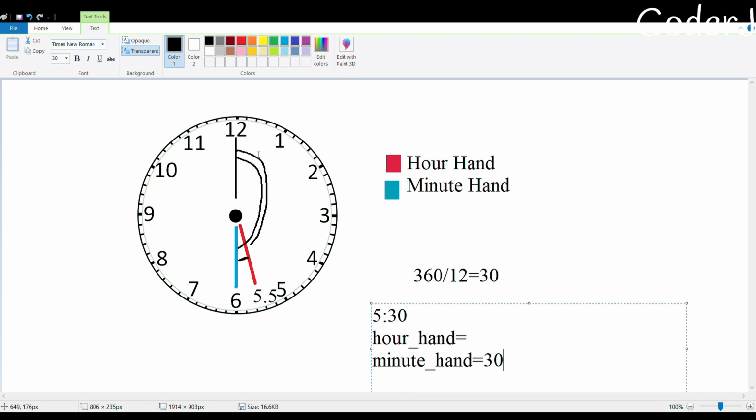So for calculation of where my minute hand will be, I'll just look at some patterns. Let's say my time was 15 minutes, where will my minute hand be pointing? It will be pointing at 3, right? If my time was 20 minutes, it will be pointing at 4. If my time was 25 minutes, my minute hand will be pointing at 5. So basically every 5 minutes shows an increase of one number. So if I just do 30 by 5, it will give me the number at which my minute hand will be pointing. So my minute hand is pointing at 6. I hope you have got that. Why? Because this.